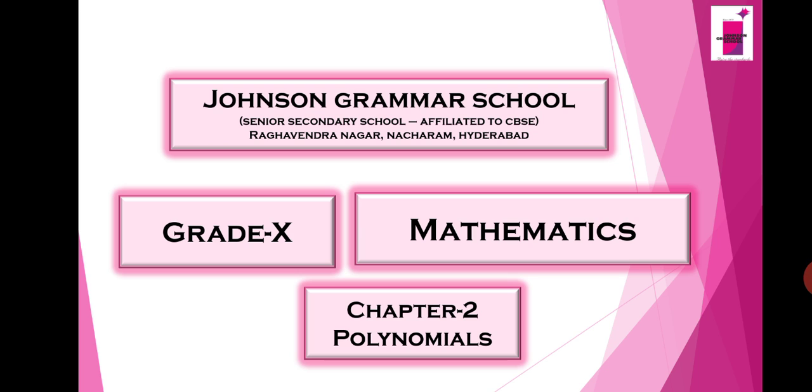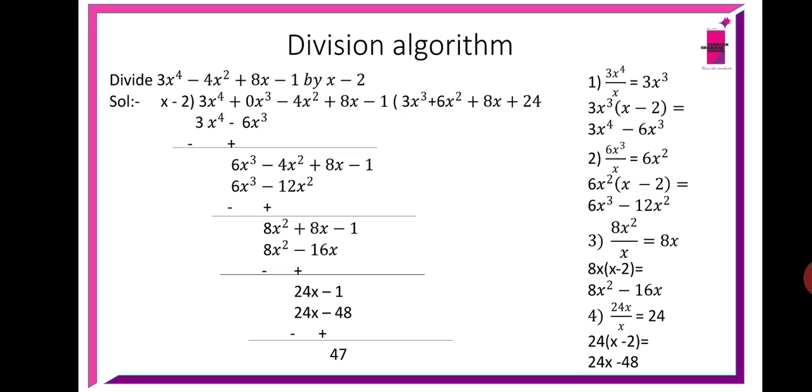In the previous session, we learned about the relationship between coefficients and zeros of a polynomial. In this session, we are going to learn the division algorithm of polynomials. Do you know what the division algorithm is? Dividend equals divisor into quotient plus remainder. So in polynomials, we'll write p of x equals g of x into q of x plus r